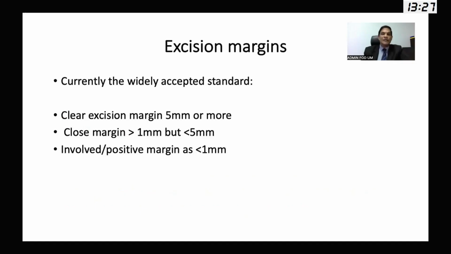Excision margins, I don't have to elaborate this much. A lot of people use this. Not a lot of people, all the surgeons, this is what they are keen on. This is why they need our report, to see whether they have done a good job, whether their margins are clear. Now, according to the Royal College of Pathologists guidelines, this is what I have been using and most people have been using over the years. If it is more than 5 millimeters, we call it clear. If it is 1 to 5, we call it close. And if it is less than 1 millimeter, we tell the clinician it is positive.